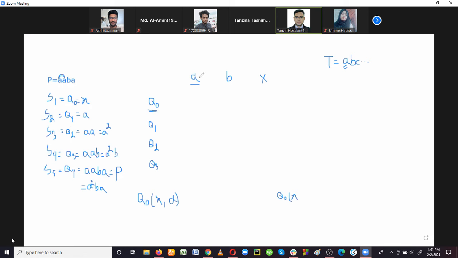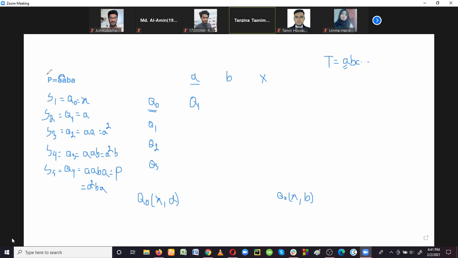That means after reading a character A from the text and comparing it with its own state, the algorithm will move forward from Q0 to its next state, that is Q1. So what will happen if Q0 reads a character B from the text?